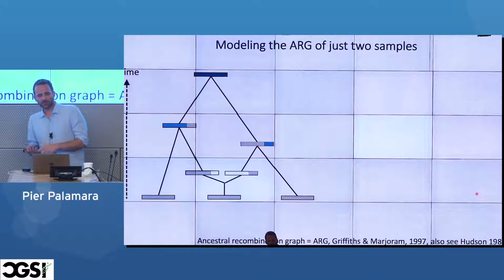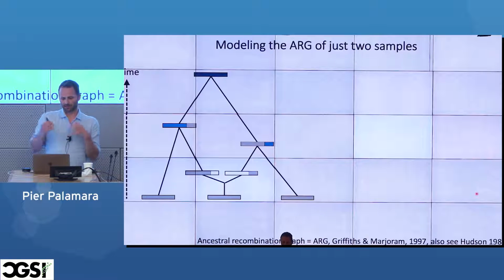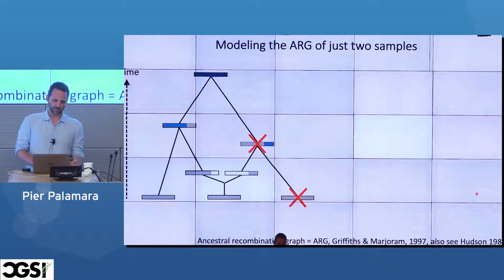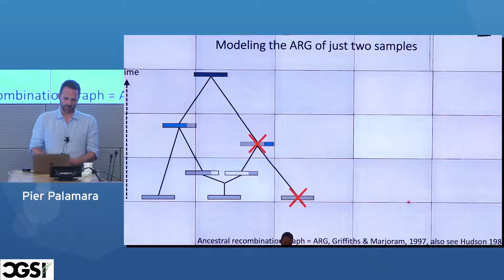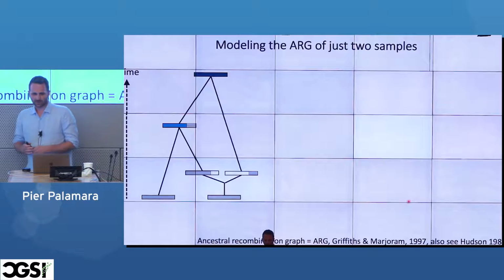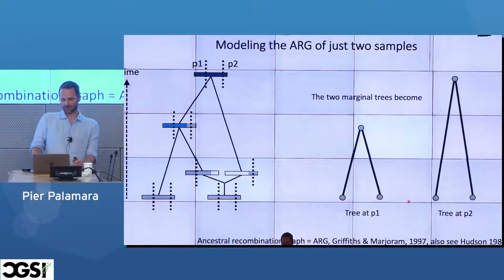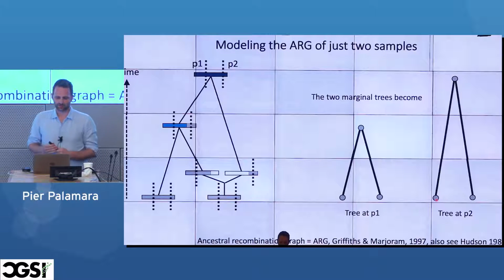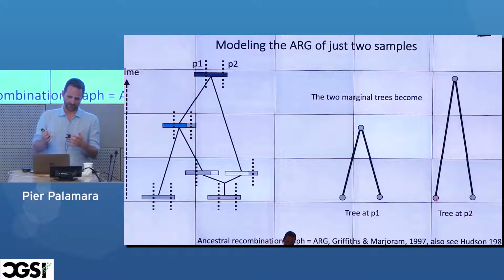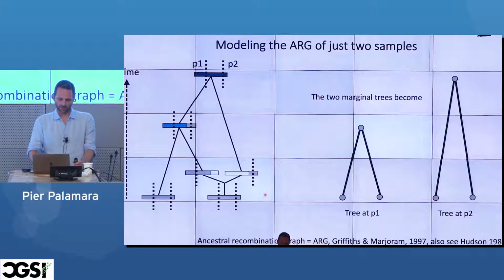Something that is also going to be useful for this talk is that often I'm going to focus on the ARG of two individuals, a pairwise ARG. The way you get a pairwise ARG, in this example, is you just remove these nodes. We only care about two samples, and so you get this kind of structure. Now the marginal trees at the two positions that I had before just look like this. You have just a node at the top, and you're reaching that ancestor somehow. These trees extend for some amount of genome. The tree on the left extends between position 0 and wherever recombination happens, and the one on the right extends from recombination to the end of the chromosome.